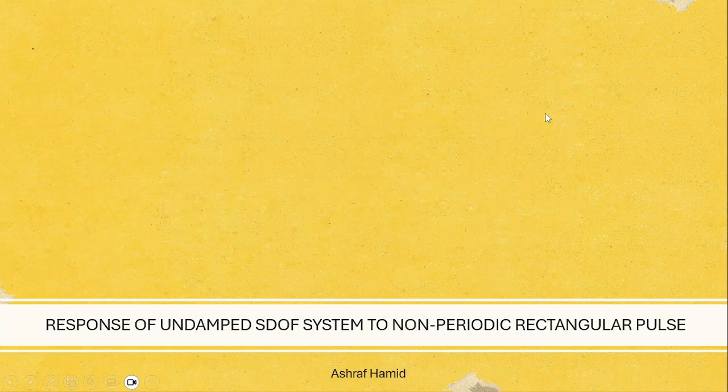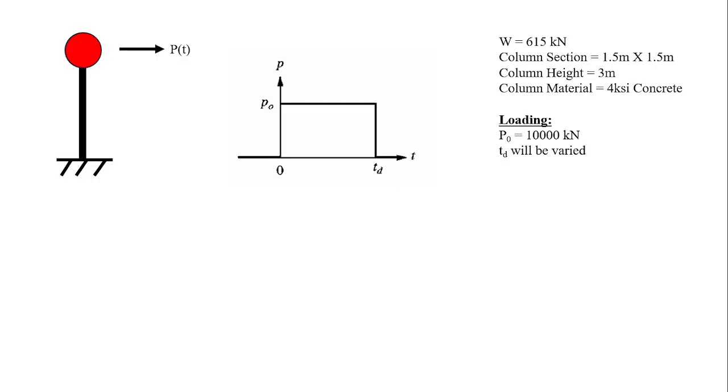Hello everyone. In this video, I am going to discuss the response of an undamped single degree of freedom system to a rectangular pulse force. The problem that we'll be discussing has been shown here. At first, we'll consider an SDOF system, which will be excited through a force P(t). The P(t) force will be varied through time, and it will be a rectangular pulse force which has a duration